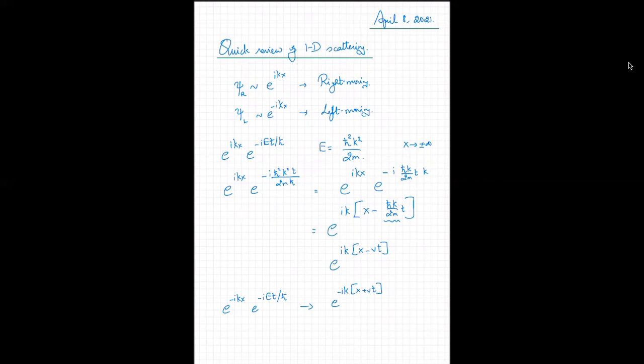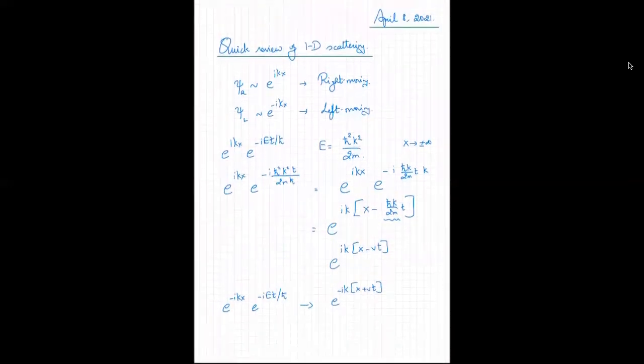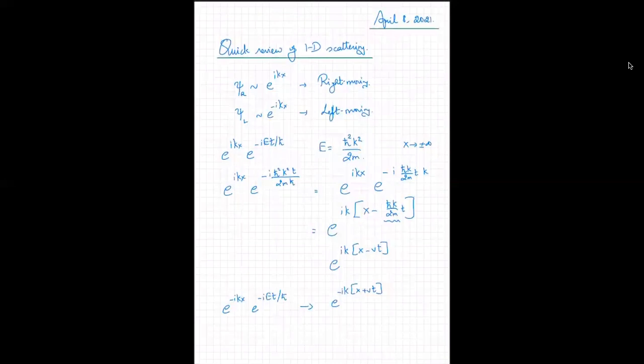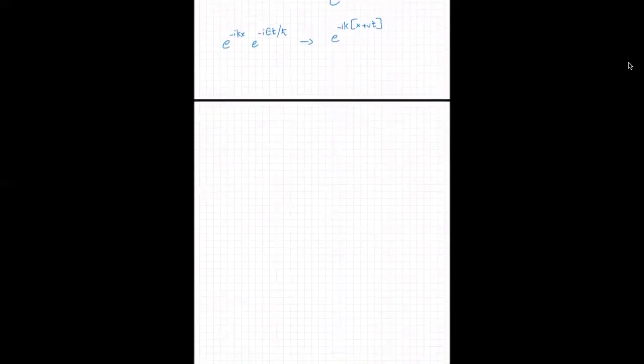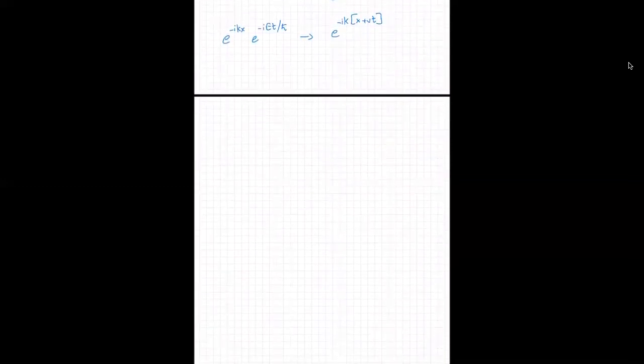Okay, so in order not to keep tagging on the time dependence every time, I'm going to invent a shorthand wherein I'm going to call e to the ikx, because the right moving wave has an e to the ikx factor, a right moving wave, and a left moving wave as e to the minus ikx, because that is the kind of forms that we see here. Okay, so let us look at a very simple picture of scattering